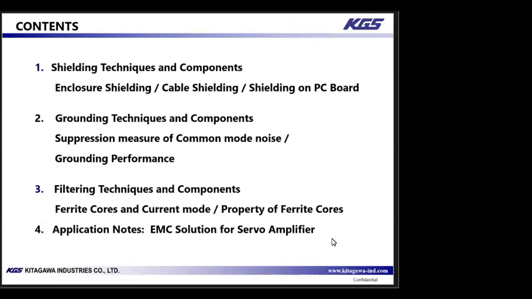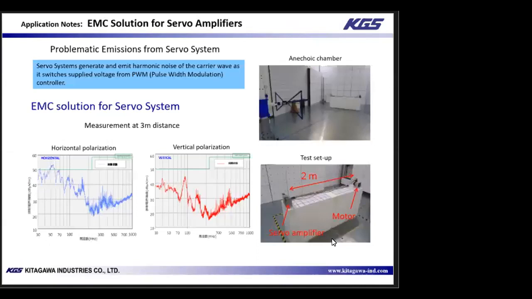So we're actually going to talk a little bit about servo amplifiers and how to attach ferrites onto those. This is an added section from our R&D team. As an example, we'll discuss best practices when applying ferrites onto servo systems, in this case, more specifically, servo amps. As you may know, servo motors are controlled by the voltage from the PWM controller's pulse signal. And this wave consists of many harmonic frequency elements, and these powerful high frequency signals sometimes generate disturbance noise.